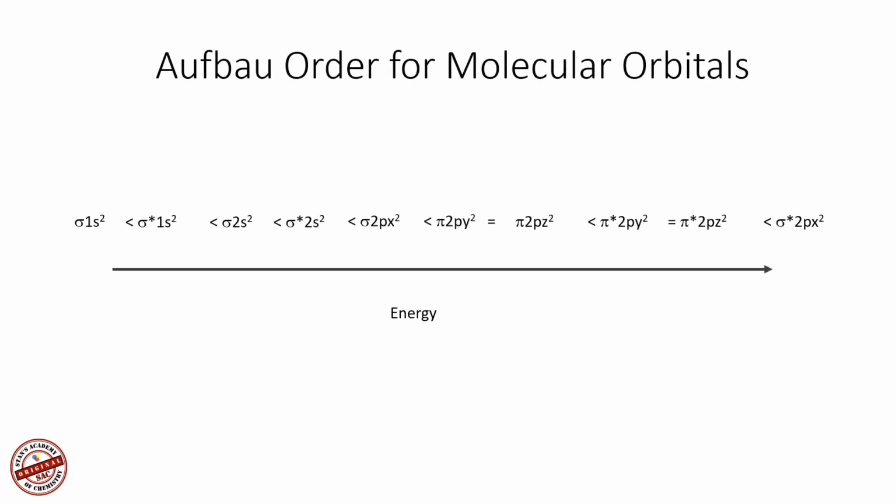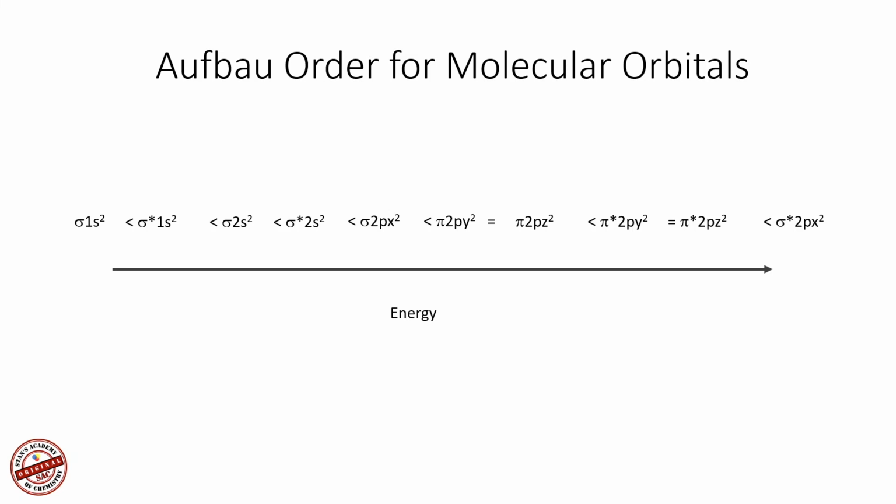Now, instead of drawing the diagram that I've drawn on the previous slide, we can also write it merely by using notation. This is also arranging the orbitals in the increasing order of energy, similar to the Aufbau order in the atomic orbitals. We call it sigma 1s2 because the 2 represents 2 electrons maximum in that orbital, which is less than sigma star 1s2, which is an antibonding molecular orbital. Again, the energy is less than sigma 2s2, less than sigma star 2s2. All the asterisked orbitals are antibonding molecular orbitals, followed by sigma